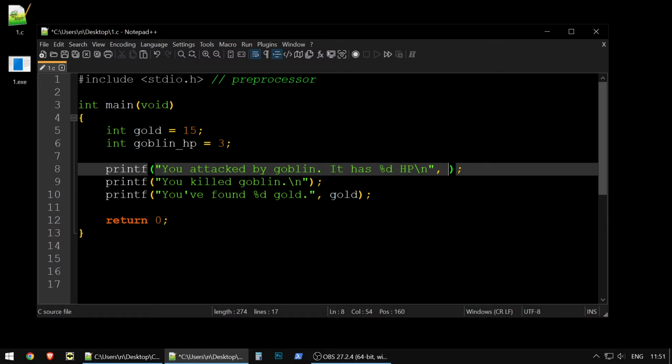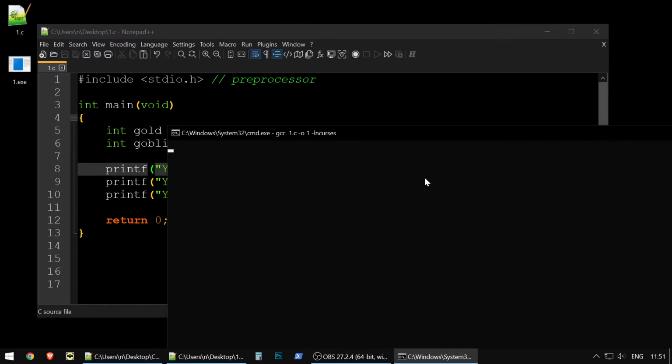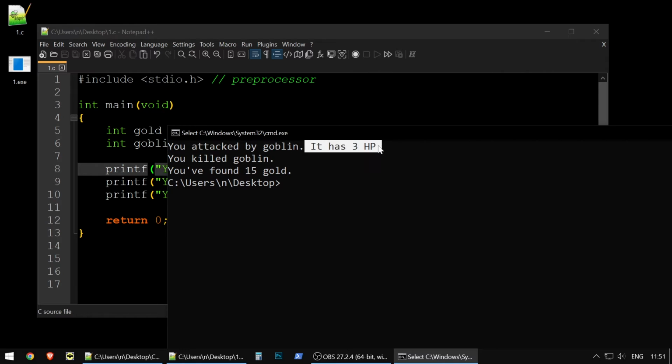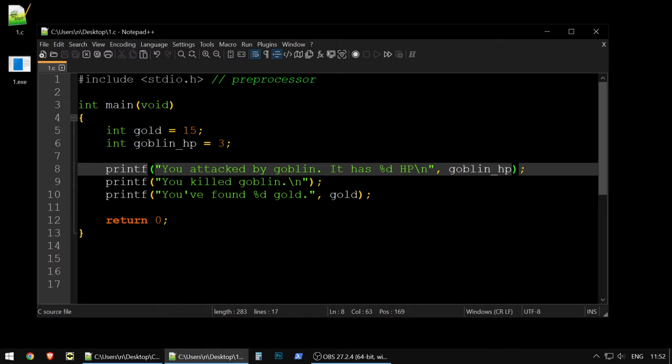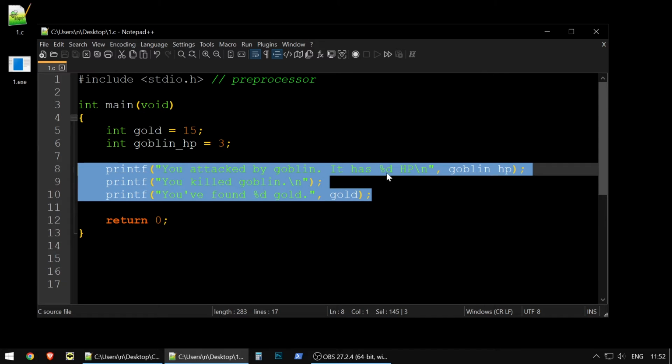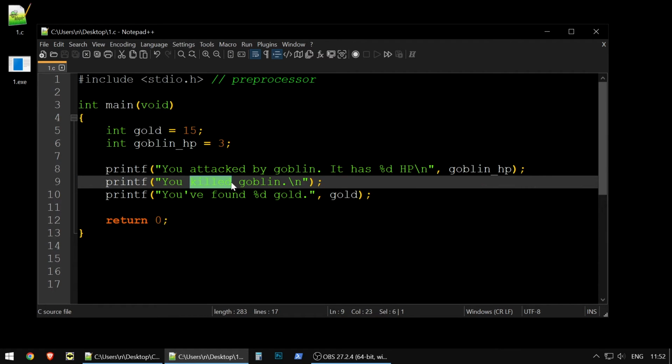So it will be shorter. And we write it here, goblin HP. If we run it, we see that goblin has 3 hit points because we have such a variable here. So let's imagine we fight with this goblin, and we're not killing it right away, but you attack